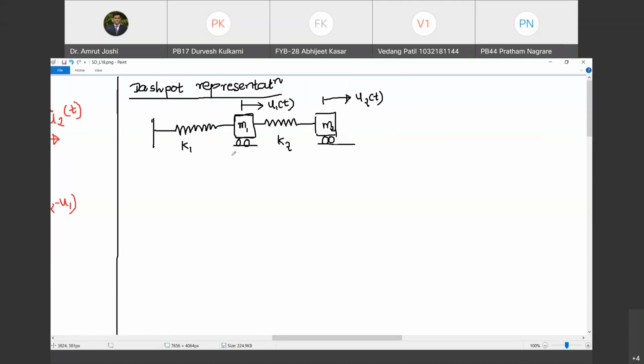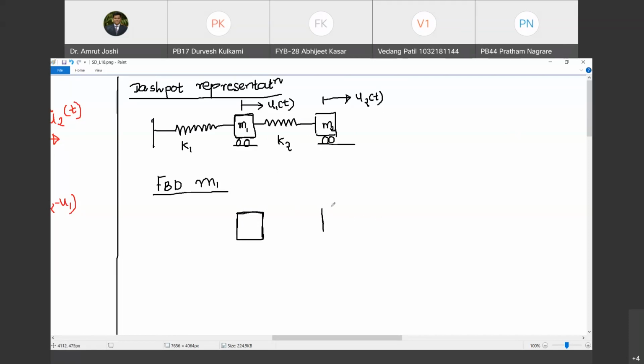Okay. So having said that, now can we apply Newton's second law to this arrangement, and can we write down equations of motion for mass m1 and m2 easily? Let me draw the free body diagram of mass m1. FBD of m1. I will assume that at a given instant of time m1 is moving towards right of its mean position, and u2 is also moving towards the right of its mean position.